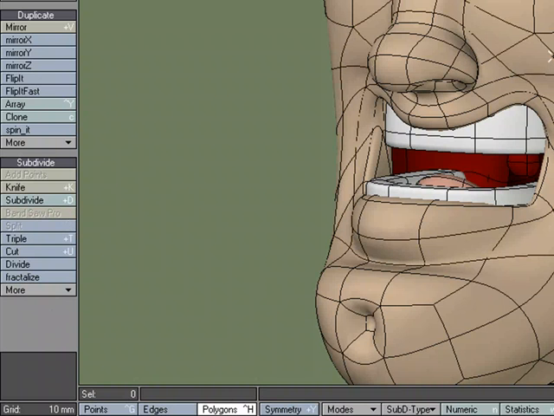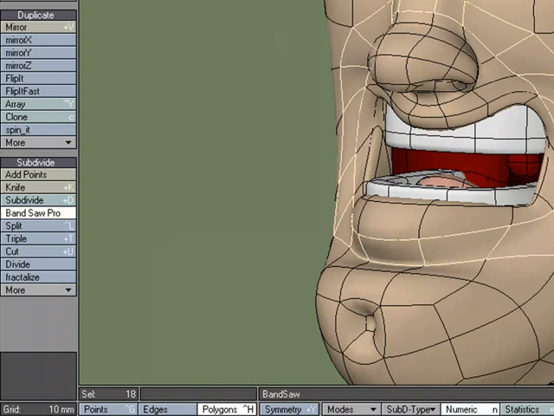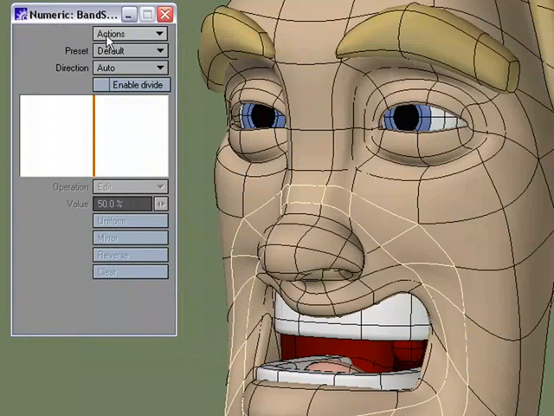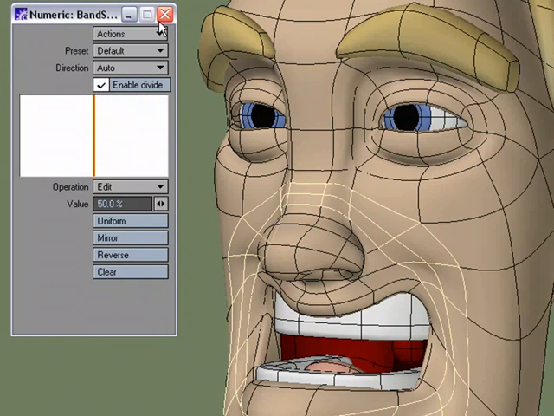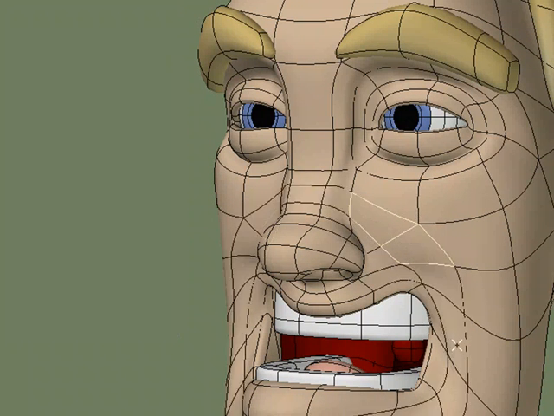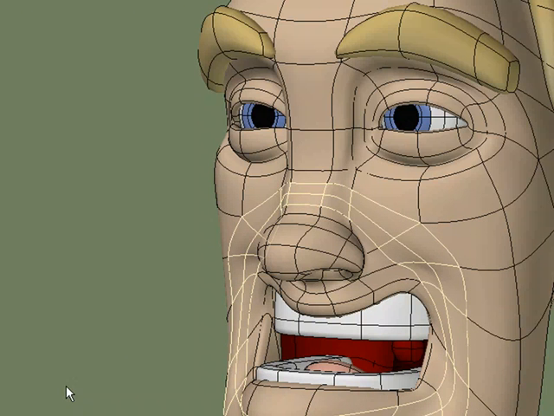Okay, but I have Select Loop for that, so I'm going to go over to Bandsaw Pro, in for numeric, and right now it's kind of the same setup. If I want to enable divide, then I can commit. Now if I undo, and now that I've enabled divide, just by clicking Bandsaw Pro, it does it for me already. It remembers it from the last time I used the tool,